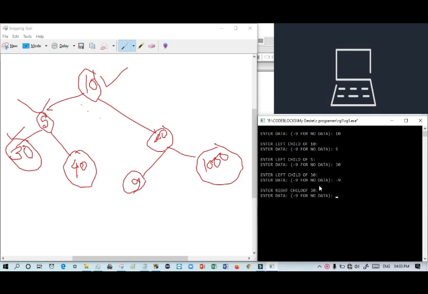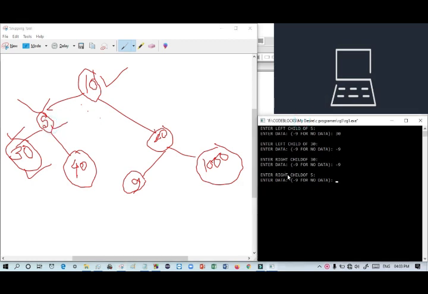So now it says to enter the right child of 30. There is no right child of 30, so you just give -9 for no data. So -9, enter. After completing 30, now it's time for 5.